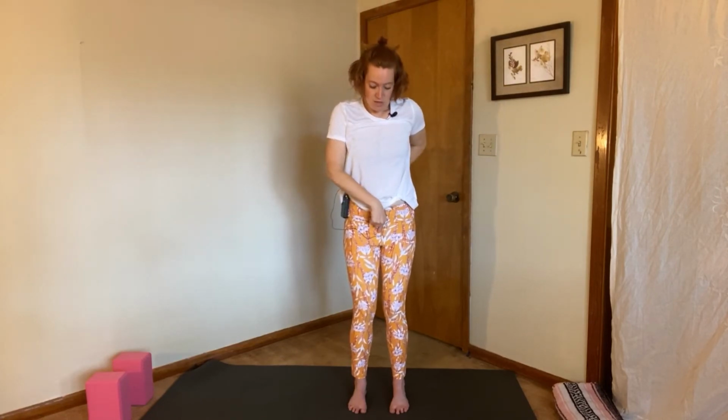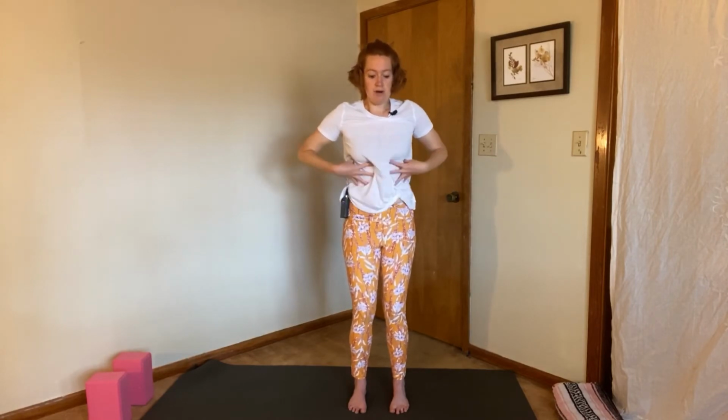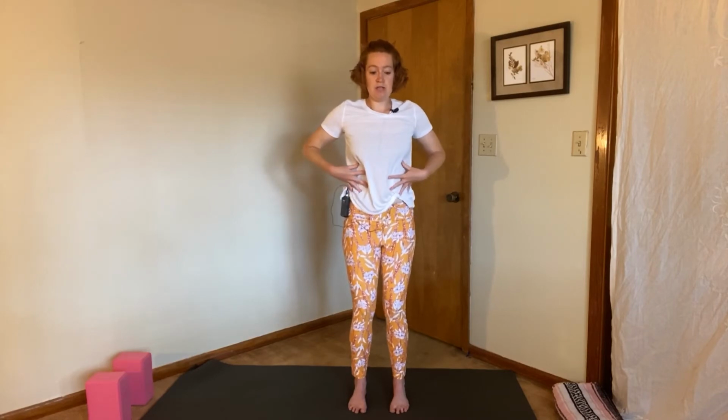Good. Then inhale back to center. This time bring your hands to your low back. A lot of times we stand with our ribs flared and our butt sticking out. See if you can draw that in to support you, and keep that as you bring your hands to your